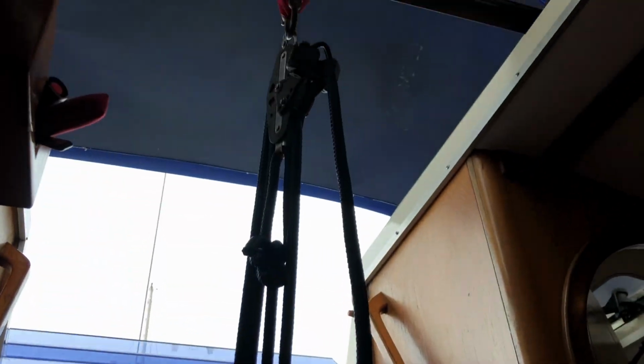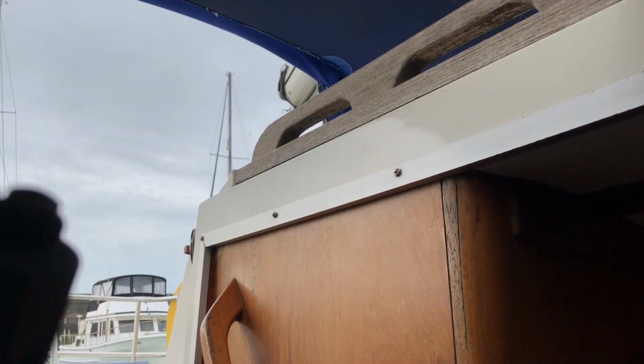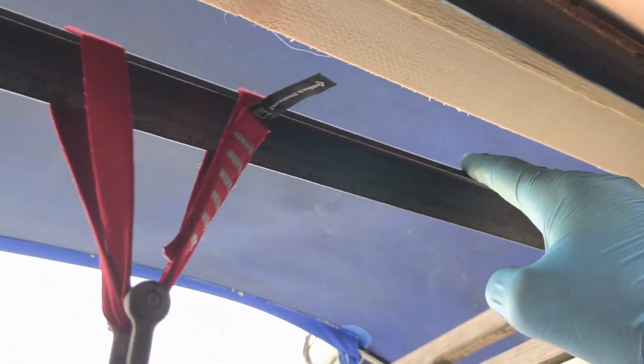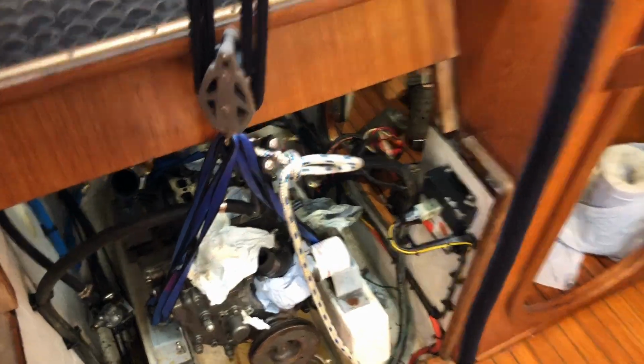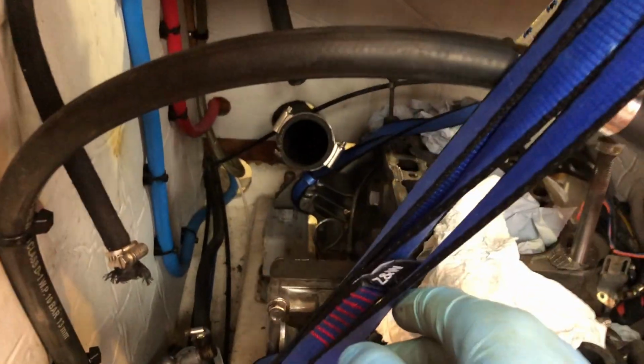Okay, so we're at the point now where we're about to go for it. The rig we are using, instead of using the boom, is a bit of metal rigged over the companionway, and we're just using blocks and rope. We've got a bit of strapping around each of the engine mounts, and that's feeding up to our lifting pulley. We've got a second